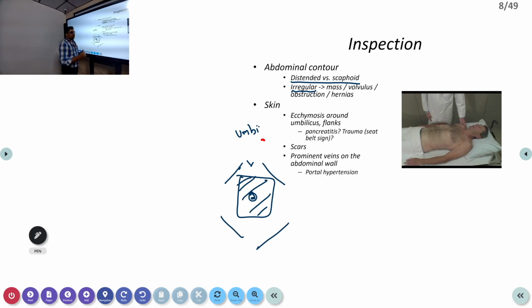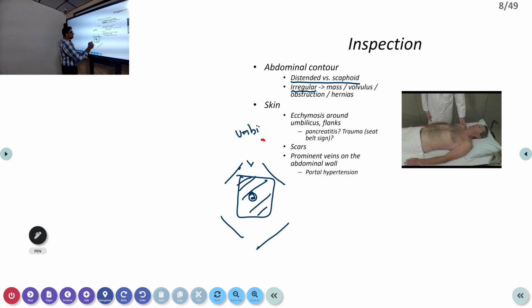Then the umbilicus will be everted. Okay, it will be protruding out. So if a patient presents to you with an umbilical hernia in old age, with sudden onset, sometimes it may be because of old age, but always get a USG to rule out any space-occupying lesion inside the abdomen, which is causing protrusion of the umbilicus.